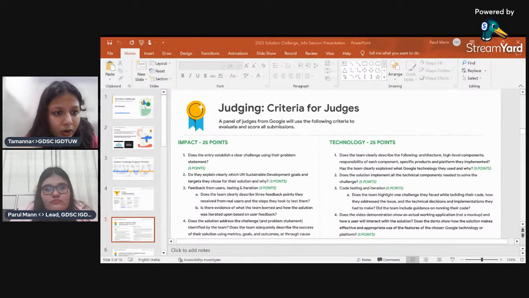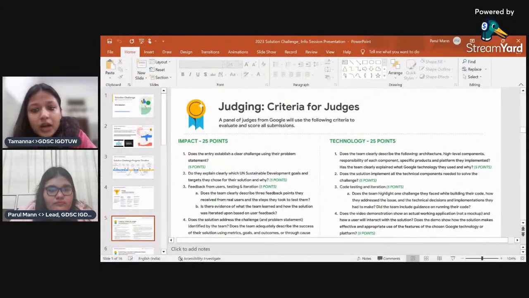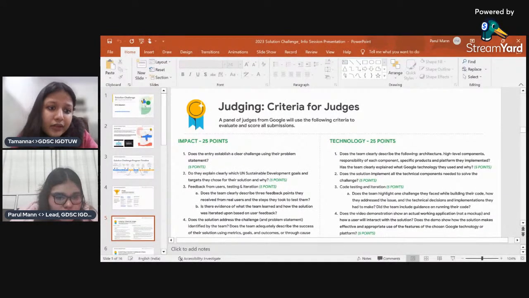So it requires all the architecture tools that you are using, and obviously high level components and the low level components, which tech stack you are coding in, on which platform you are developing the product. So all these things are required in the PPT, and also how you are implementing your solution with those technical components. Let's say I'm making an app, and I can't simply say that I'm making an app using which language,